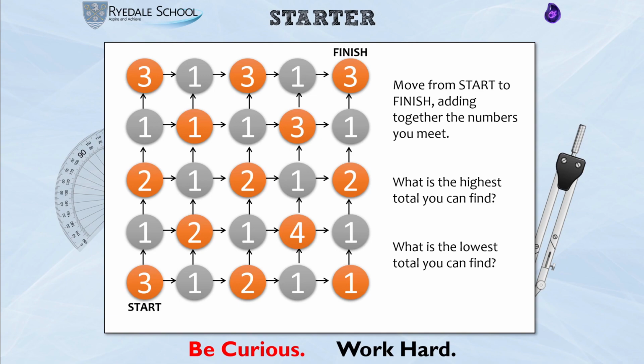Just one little top tip that I noticed, all of the grey numbers are 1. So regardless of which pathway you take, you're always going to go through the same number of grey numbers. There's 4 of those, so you're always going to be adding 4. So in terms of trying to get the lowest total and the highest total, it's trying to maximize the numbers